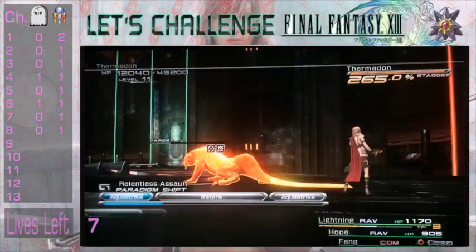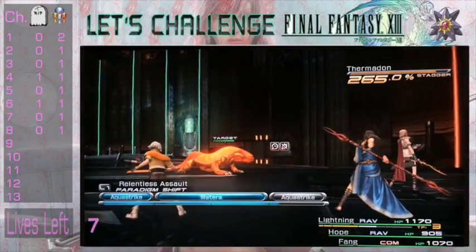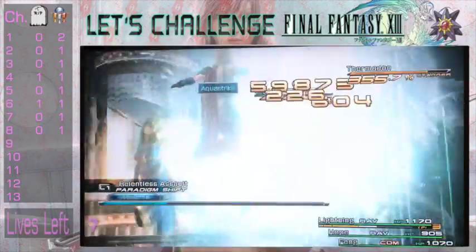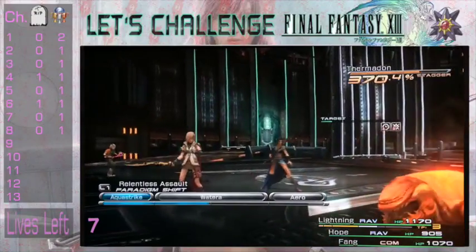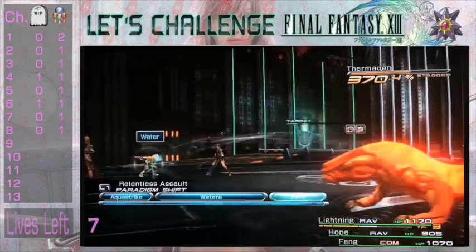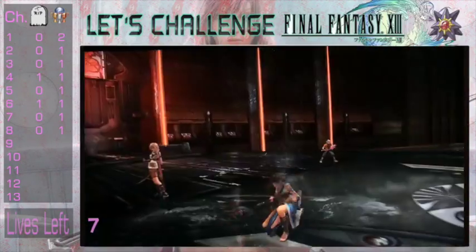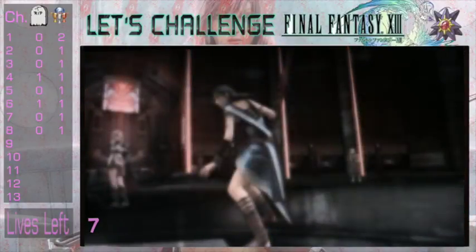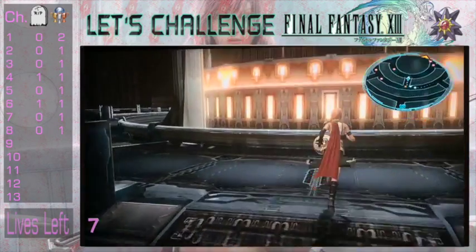So they're weak to water, and vulnerable to imperil, okay. Okay, so we should be able to finish this guy off. There we go, lovely. Nice and quick. So, if we head inside the ring, we see our first